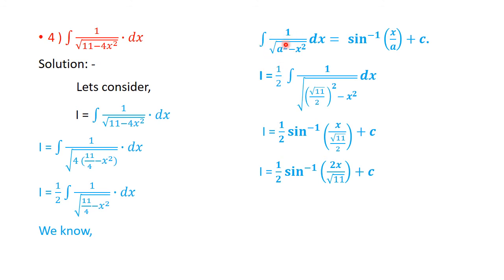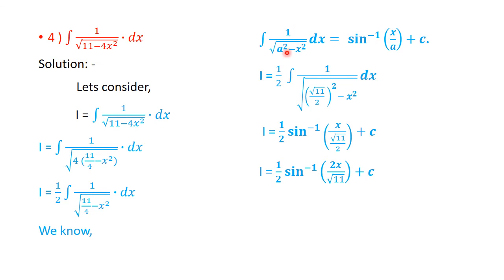Now this is one of the standard forms, and we can compare with this one, that is integration of 1 by root a square minus x square dx is equal to sine inverse of x by a plus c, isn't it? It is a very simple form, and remember this one, because students, if you remember that derivative of sine inverse of x is what? It is 1 by under root 1 minus x square, isn't it? In place of 1 there is a only. So wherever this type of format occurs, that is 1 by root a square minus x square, then always remember its integral reduces to sine inverse of x by a.